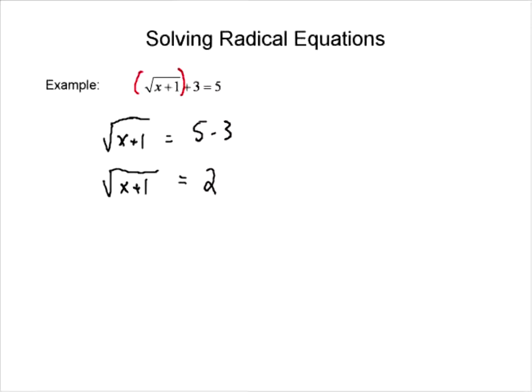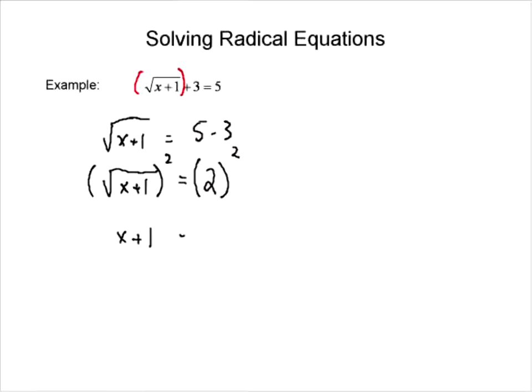Now, if you remember, to get rid of a radical, we just have to square it. And that's the key to solving radical equations: to get rid of the radical, we need to square both sides. And we can do that just like when we solve any equation. If we do one thing to one side, as long as we do the same to the other, it's going to be fine. So if we square the square root of x plus 1, what happens is the squared